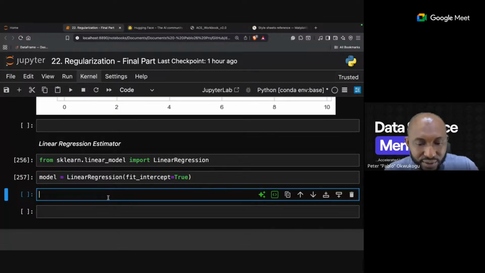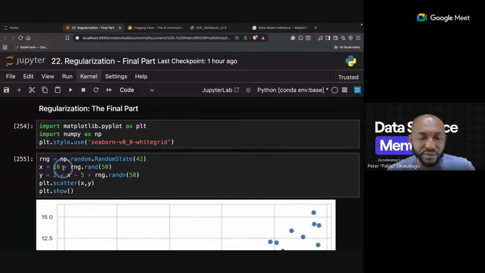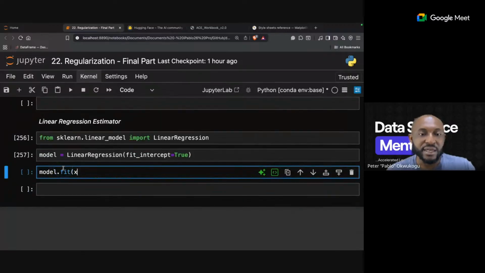So I now say model.fit. When I open it, I'll use X, which is the first data we created here. And this is also for the benefit of those who were not in our offline mentorship session, where we talked about writing simple code and using it to understand what you're doing when you're abstracting problems to Python.